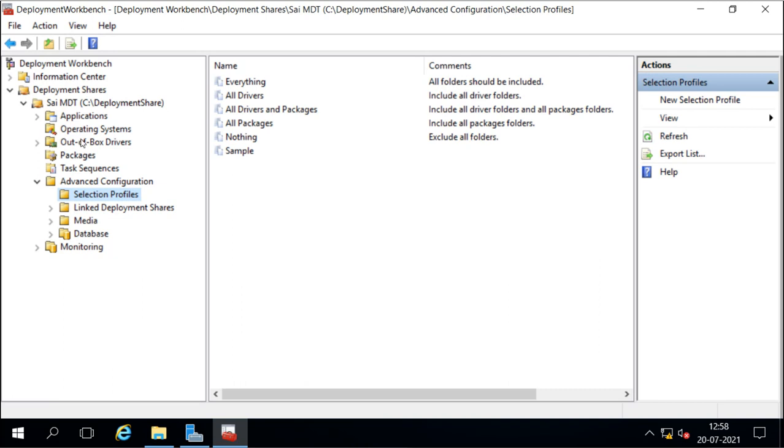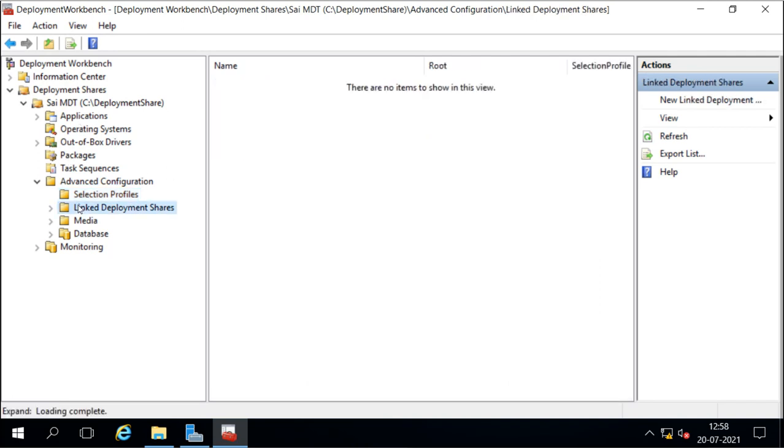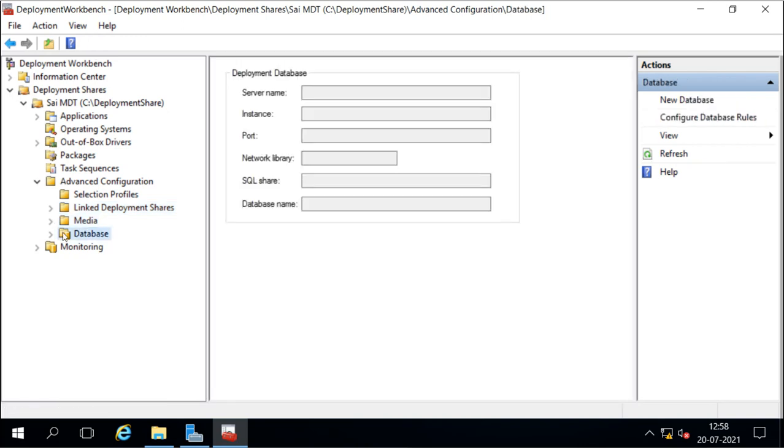So what to do with that selection profile, like what is selecting. Then we have linked deployment share. If you have another deployment share created, then we can create the link with that. We have the option to create media, and we have the option to add the database also. If we want to add these images into a database, we can link this deployment share, this MDT, to the database also, because it may become very large data.